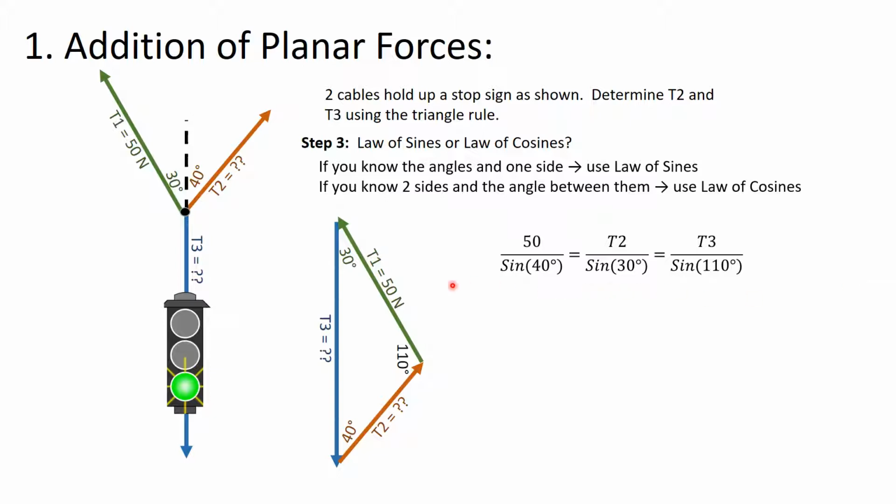And remember, the law of sines, we're just going to look at the length of one of the sides of these triangles divided by that opposite angle. So T1 is 50 over sine 40, and that is equal to the ratio of T2 over sine 30, which is the same as the ratio of T3 over sine 110. And we have just a one-line equation, and we can very quickly solve